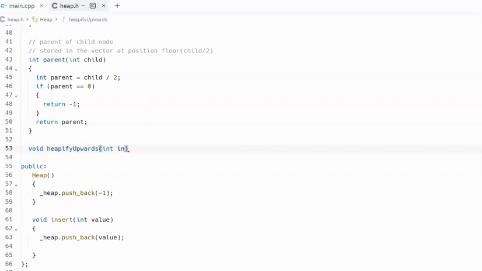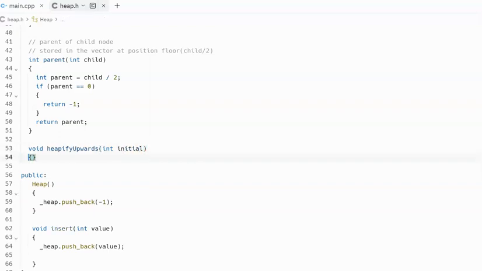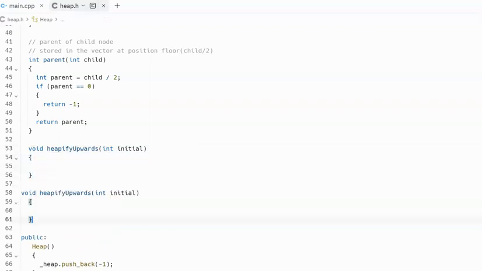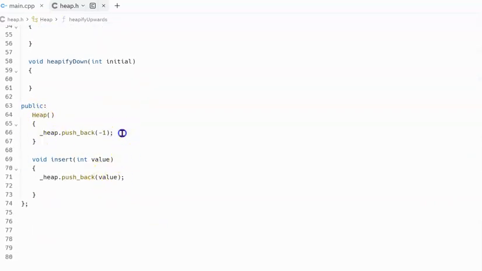We'll call it, and put that here. We're just going to stub it out for now. Have a similar heapify down that we'll use as well. You know what? I don't like these names, they're too long, so we'll call this down and we'll call this up. Okay. So now in our implementations, all we got to do here is push back the value,